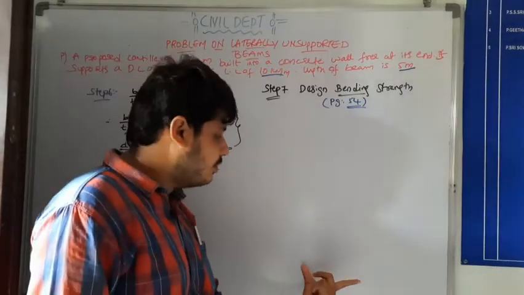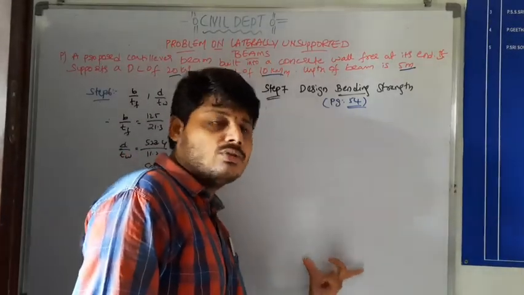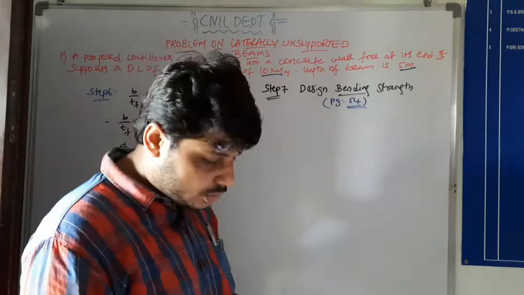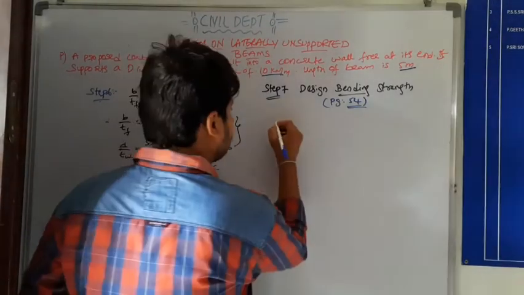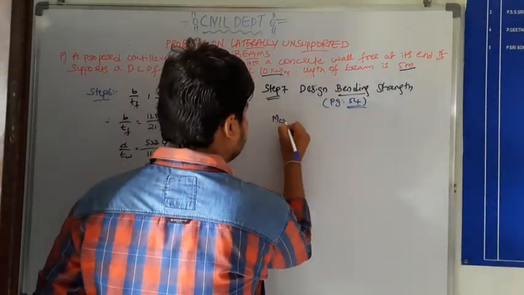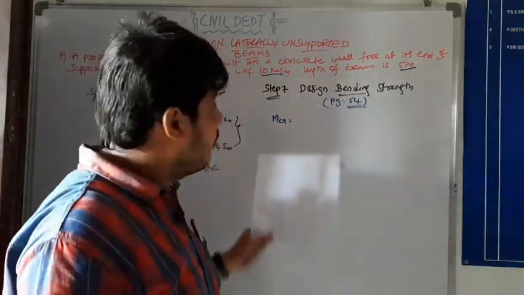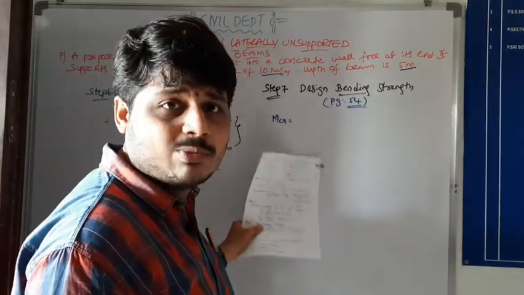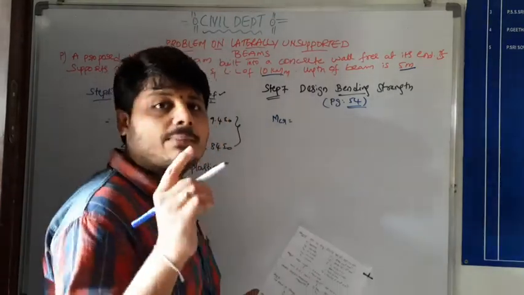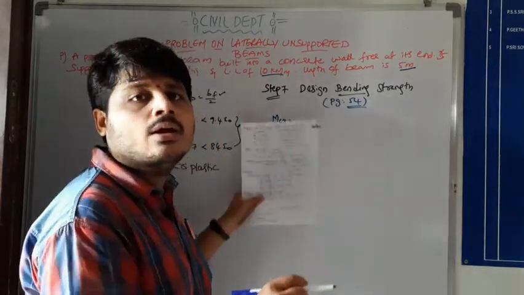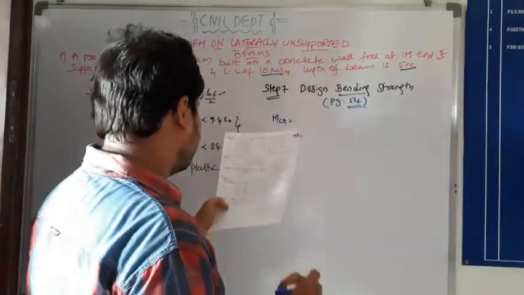So first we should know the value for lambda LT, so we can solve the problem. So first here, MCR is equal to MCR. Please, while doing this problem, open your code book page number 54, laterally unsupported beams, and do it. Okay. So MCR is equal to